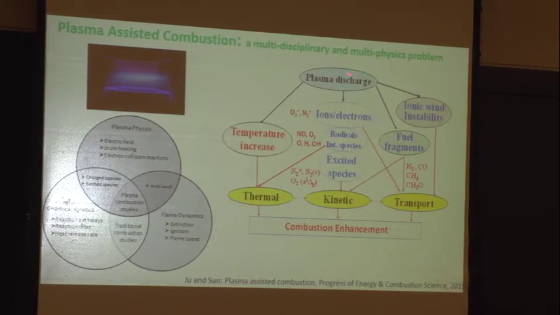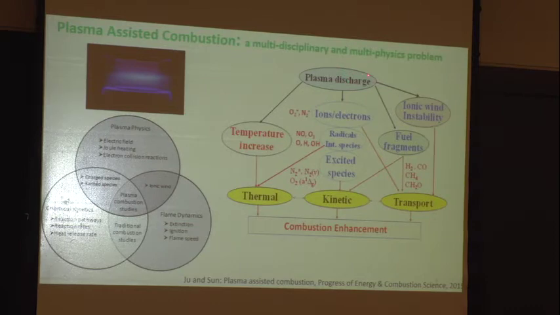The other one is that the plasma can generate ionic wind. Plasma has electrons, has ions. If you put in the electric field, the ions will be accelerated, and the electrons will be accelerated. But the ion has a large cross-section area. It will collide with the neutral molecules and generate a wind, right? That wind can be a couple of meters per second.